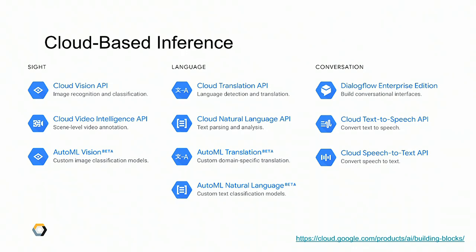Or in language, for example, if you want to do translation from language to language with machine translation, it can be pretty good. It's getting better all the time, but it's trained on a very general set. Again, you might be a manufacturer building something that has a specific language associated with it. Maybe your widgets have particular things associated with them that don't translate properly. You could retrain the machine translation models based on your specific domain. That's what AutoML is all about.